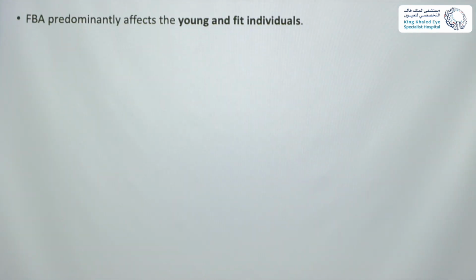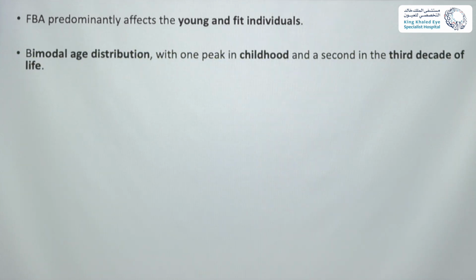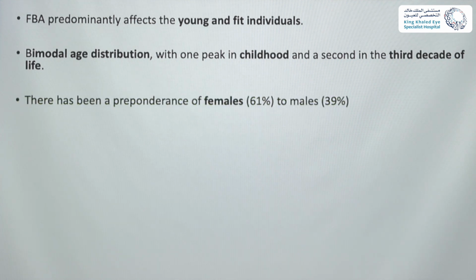As a summary for the table, frosted branch angiitis was predominantly seen in young and fit individuals. They have a bimodal age distribution, with one peak in childhood and the second peak in the third decade of life. They occur more commonly in females,